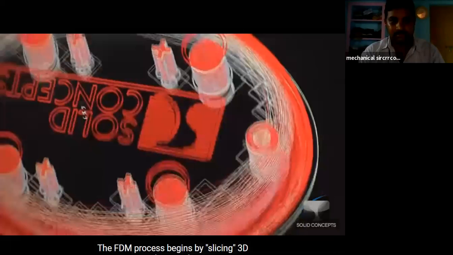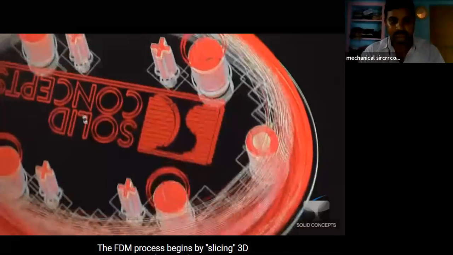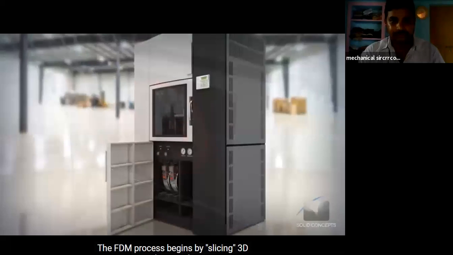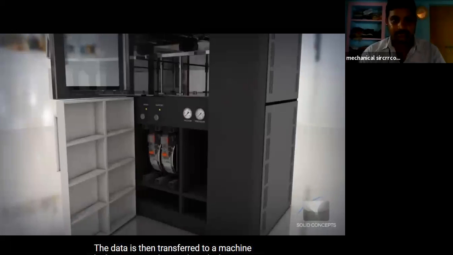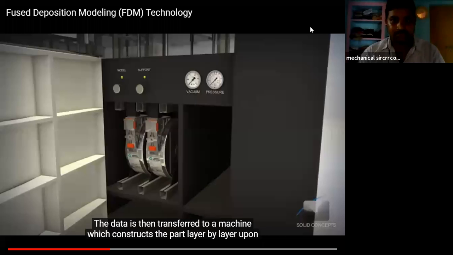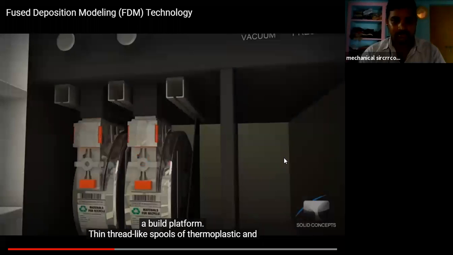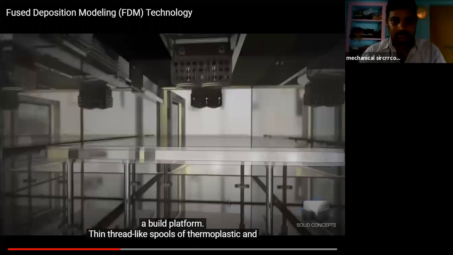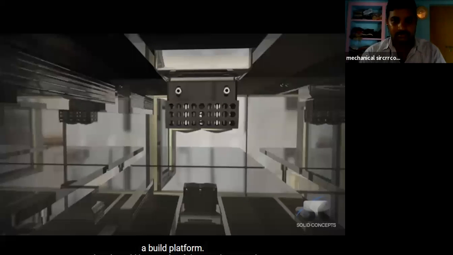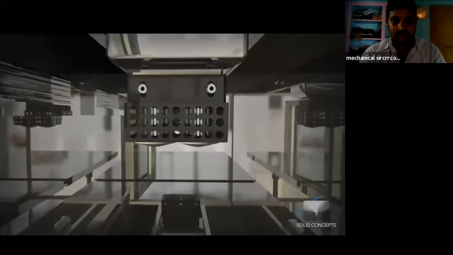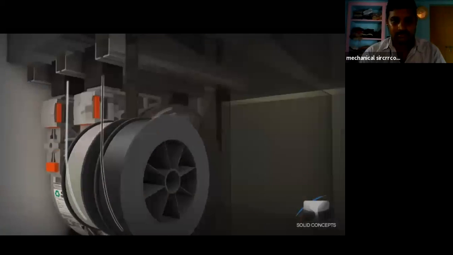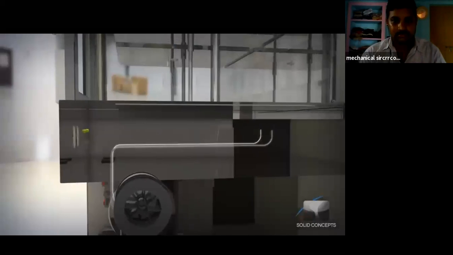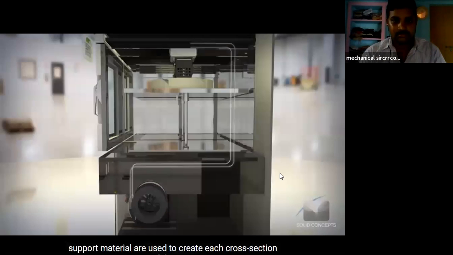The FDM process begins by slicing 3D CAD data into layers. The data is then transferred to a machine, which constructs the part layer by layer on a build platform. Thin thread-like spools of thermoplastic and support material are used to create each cross.